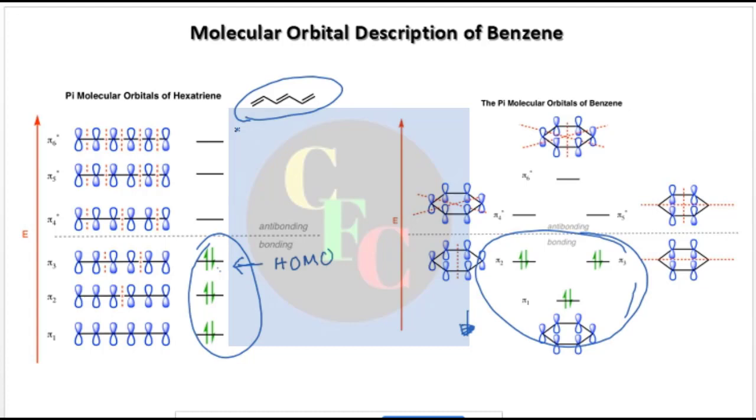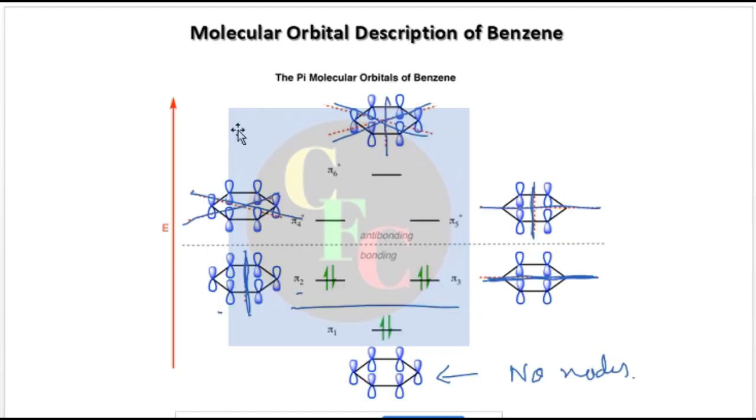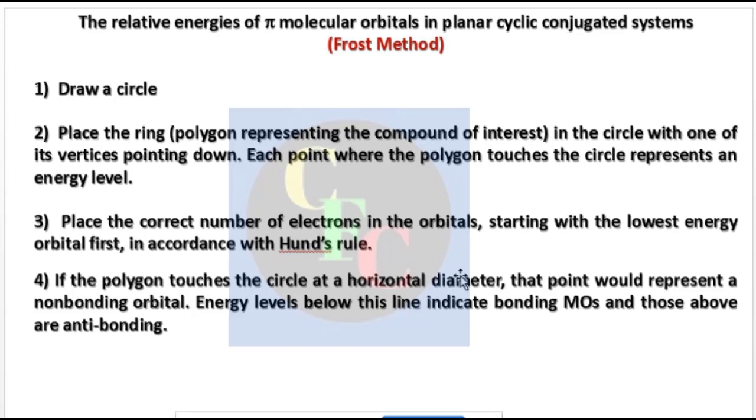Okay, this was the molecular orbital structure of benzene. But you can say, what is the definite way to draw and find this kind of levels? How can I say that benzene is this one, for cyclopentadiene how many structures will we have, and all these things? So there is a good method to derive this. This is called Frost's method to find the relative energies of pi molecular orbitals of planar conjugated systems like benzene. Benzene was very well known, but the others you can easily draw.